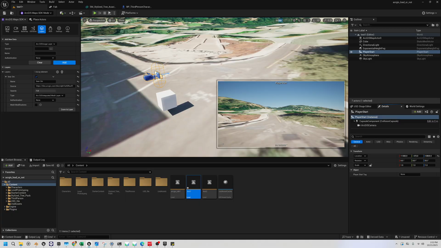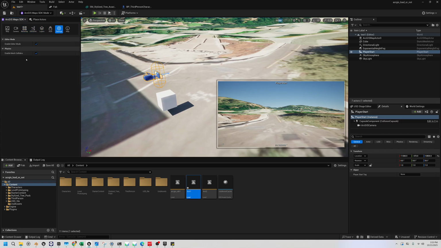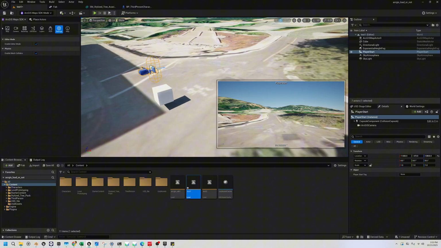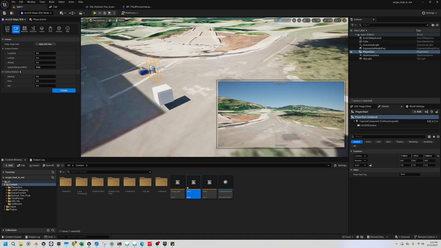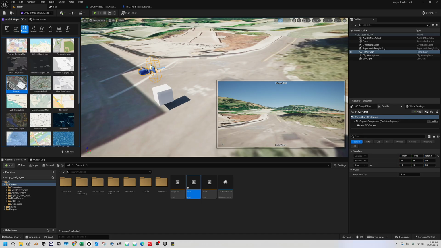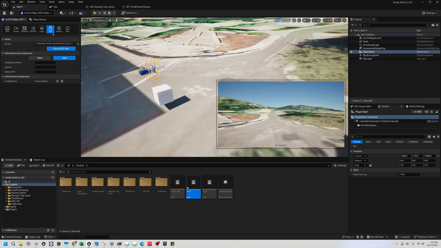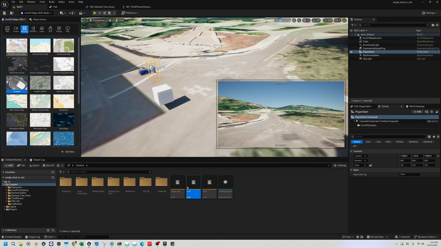And don't forget, for all of the settings here, make sure that you check this one, enable mesh collider. So enable mesh collider. What's important is that you fill out these details here on the map tab, and then for the camera, you don't have to change the settings, just click create, and before that go to authentication first and then copy paste the API key